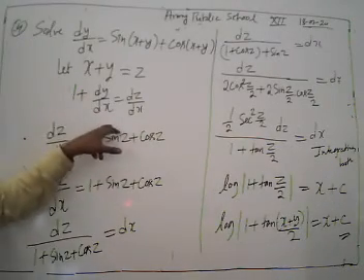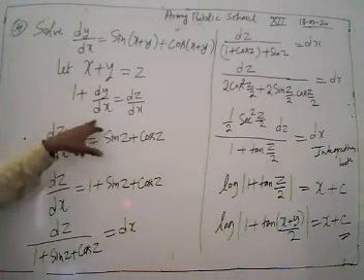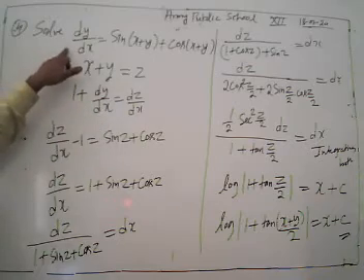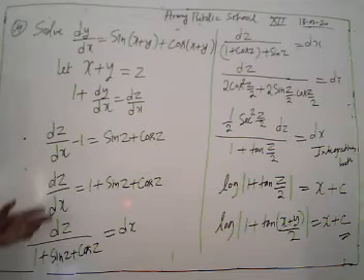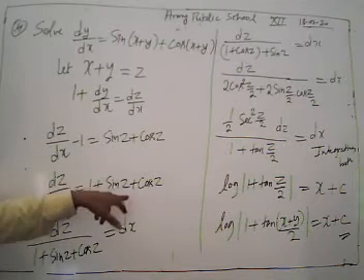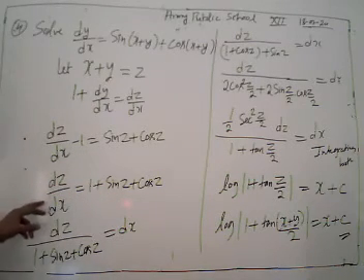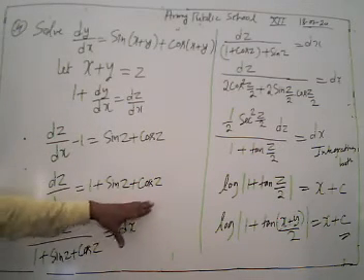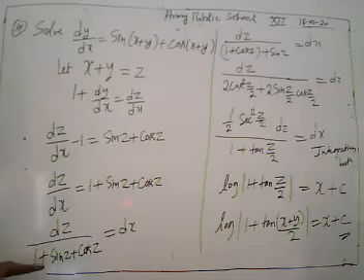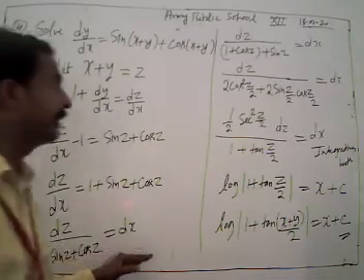Then from here we get the value of dy/dx as dz/dx minus 1. Then we put it in our equation: dz/dx minus 1 equals sin z plus cos z. Put the value of 1 here. Then what do we have? Our dz/dx equals 1 plus sin z plus cos z. Then we are going to separate our variables. Then we have dz upon 1 plus sin z plus cos z equal to dx.